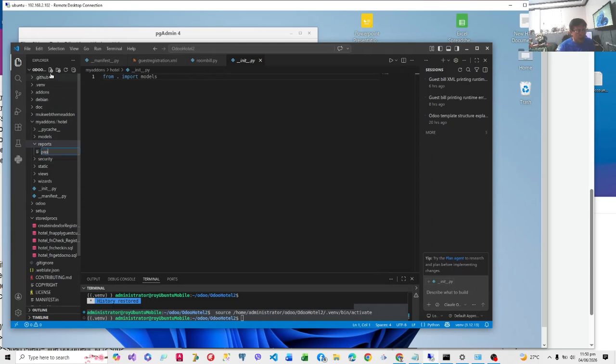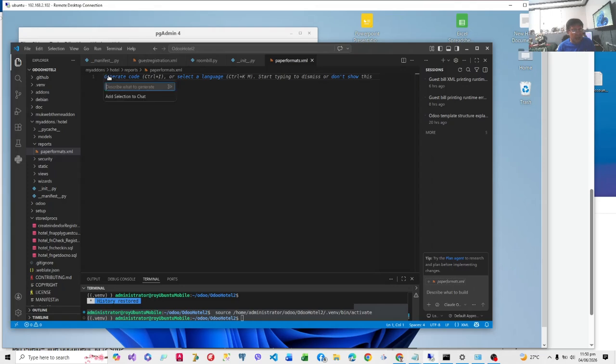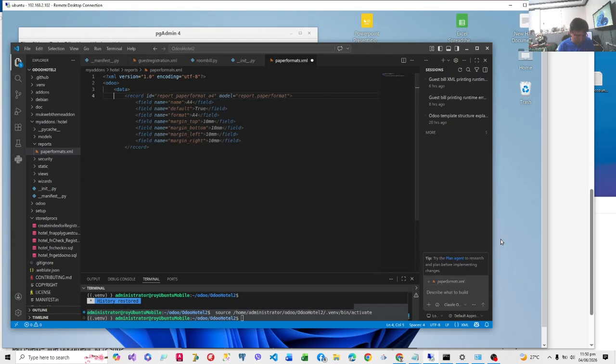We'll name it paper formats.xml. It's just an ordinary XML. So like any other XML, it should start with three different tags. We've done this before. And of course, we should also end this with the corresponding end tags.